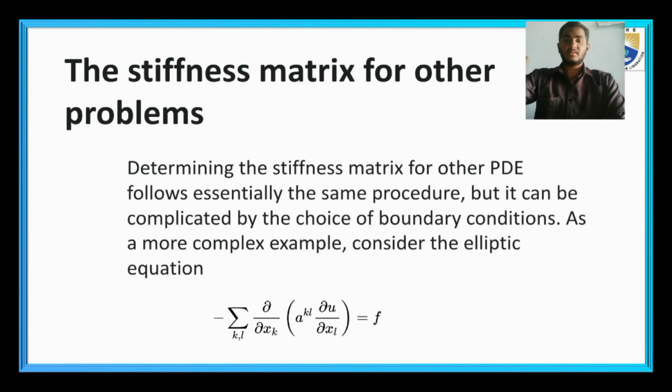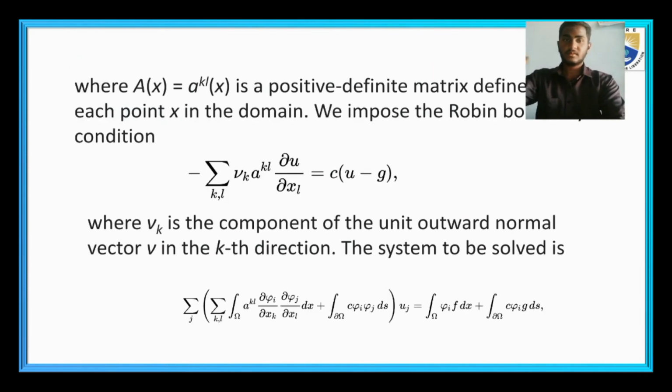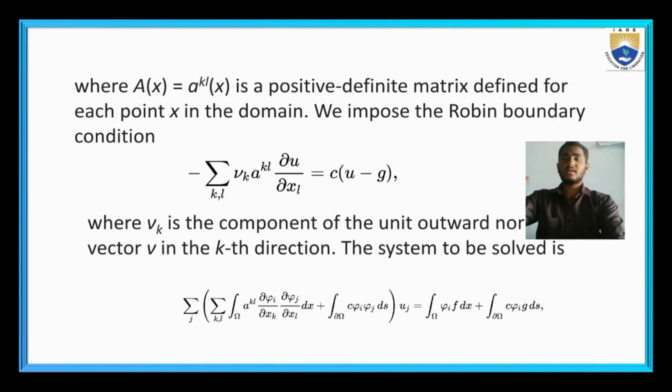As a more complex example, consider the elliptic equation minus summation over k, l of partial derivative of a^kl times partial derivative of u with respect to xl, with respect to xk, equal to f, where a(x) equal to a^kl(x) is a positive definite matrix defined for each point x in the domain. We impose the Robin boundary condition,